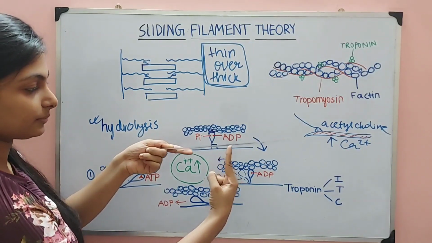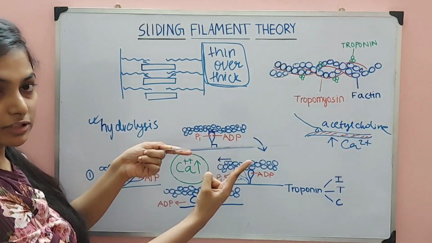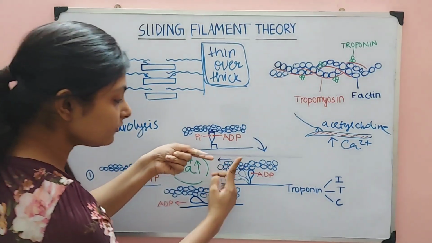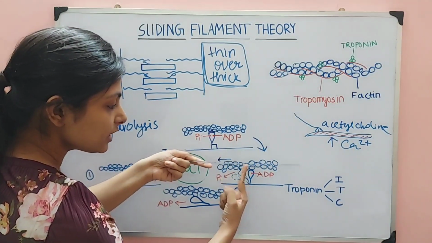Wait. Yeah, that's fine. So this was myosin, 120 degree. There was hydrolysis, so this became straight. Then there was attachment. Now since the phosphate is leaving this way, what my finger will do is it will bend.